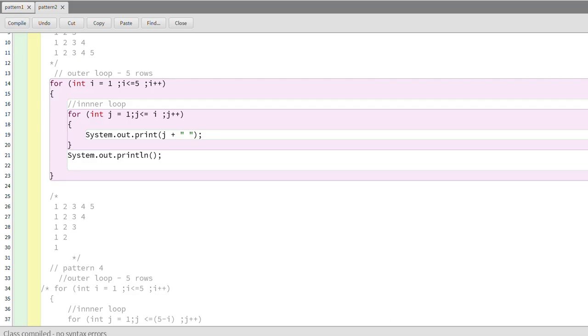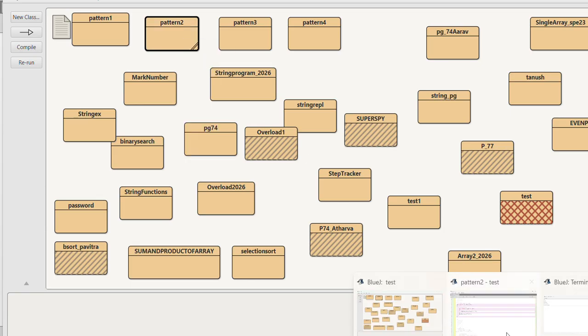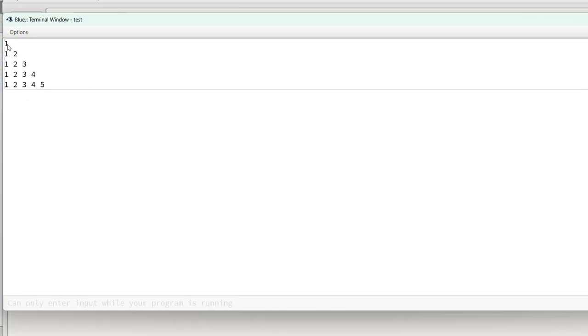Let me compile it again and run it. See, now the pattern is first row 1, second row 1 2, third row 1 2 3, 1 2 3 4 and 1 2 3 4 5. Let's move to another pattern now.